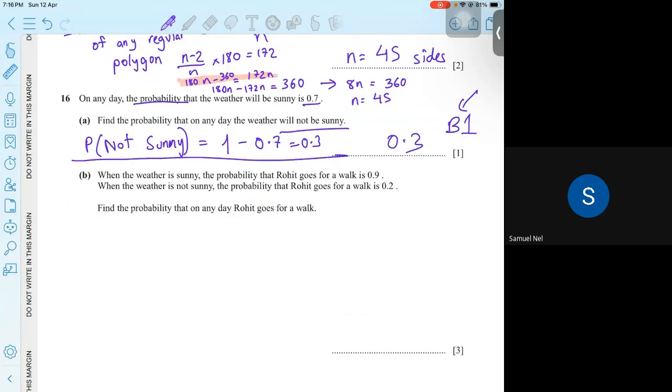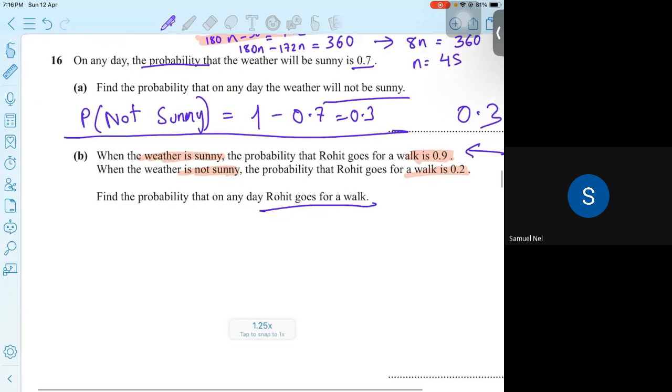When the weather is sunny, the probability that Rohit goes for a walk is 0.9. When the weather is not sunny, the probability that Rohit goes for a walk is 0.2. So if it is sunny, then he goes for a walk, and the probability of that is 0.9. If it is not sunny, the probability that he goes for a walk is 0.2. So there are 2 scenarios here, right? We have to find all the ways that he goes for a walk. So it could either be that it's sunny and he goes for a walk, or it's not sunny and he goes for a walk. So let's write this: P of sunny